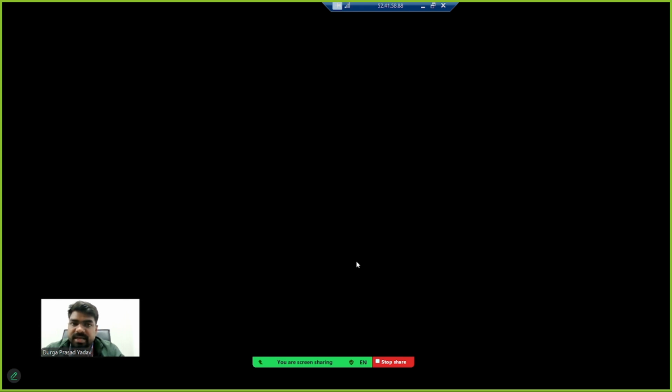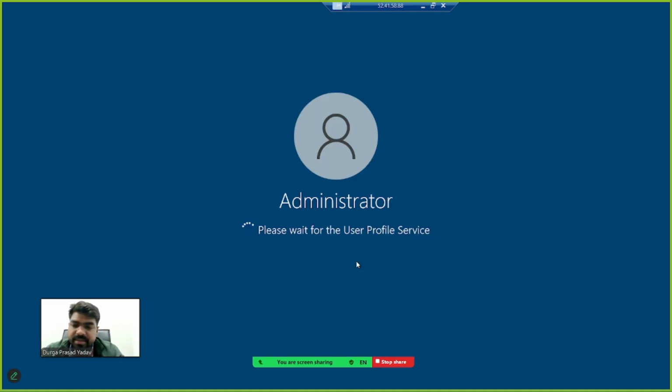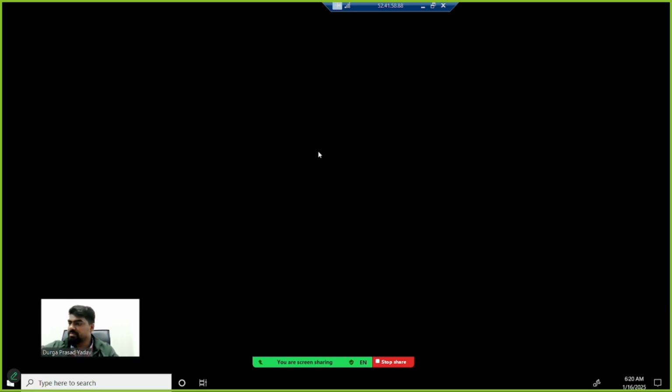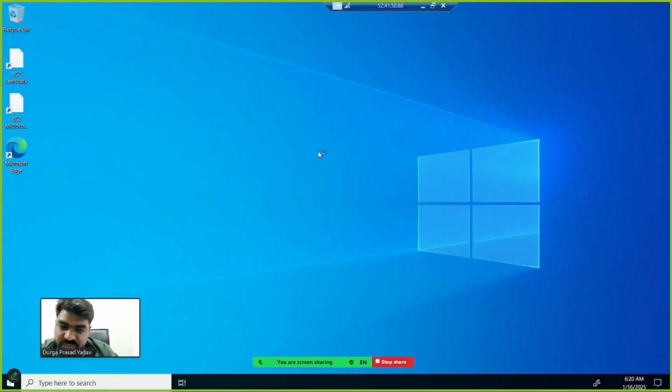The machine has been connected, right? Now again you have to install that same IIS server so that you can keep some website in this machine 1. Like the same you can do with the machine 2 also, and later on after setting up machine 1 and machine 2 we will create a target group and then load balancer. Alright, so here it has been connected now. It will be coming just within a few minutes, it will come up guys.